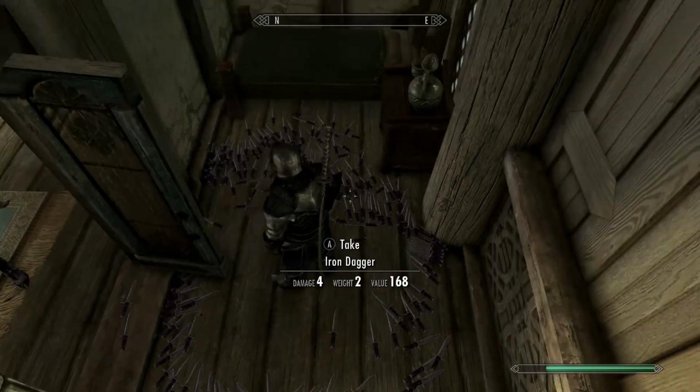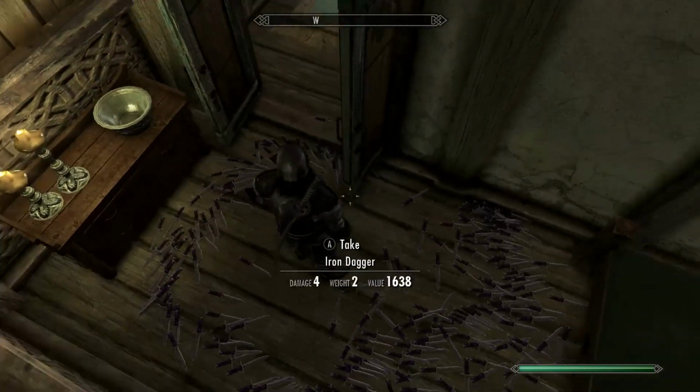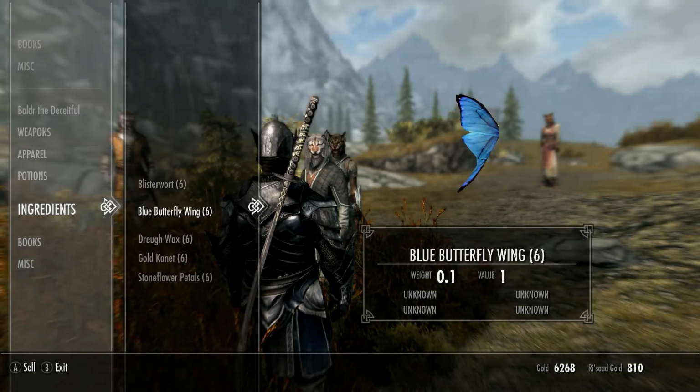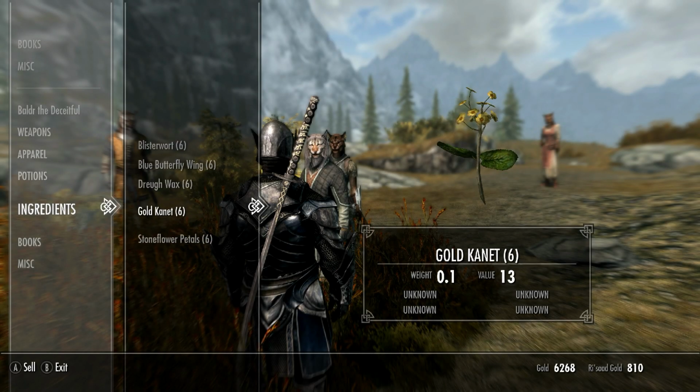It wouldn't be one of my guides if we didn't make a mess of Farengar's bedroom. Look at all these knives. It's now time to gather some alchemy ingredients. Purchase Blisterwort and Blue Butterfly Wings from any alchemist. Most should stock them. You also want to find the Khajiit caravans and purchase Drurg Wax, Gold Cannet and Stoneflower